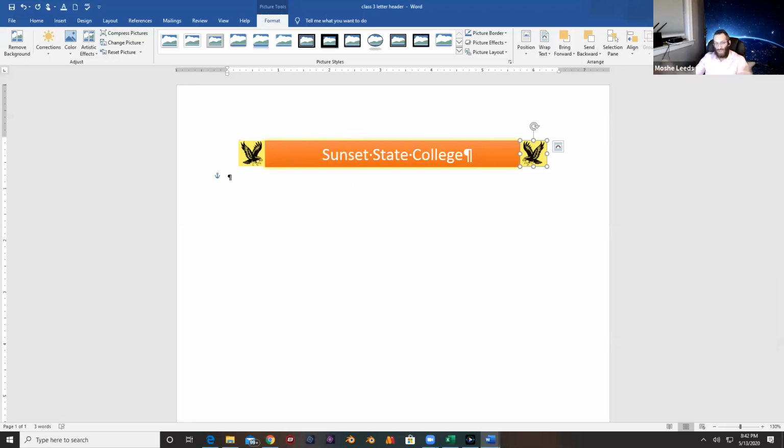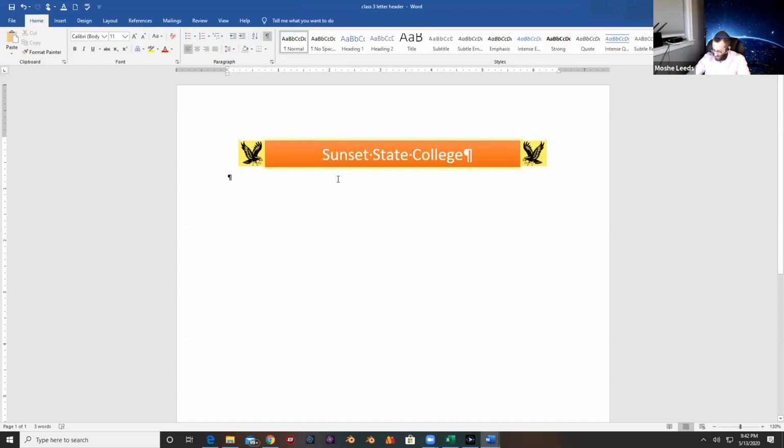Yeah, rotation 180 degrees, it's all the same. So Word has, you could actually type in the degrees that you want, or you could just use their pre-selected, the most popular rotations, which is, you know, on the quarter. Okay, so we will now continue on to the next part, which is now we're going to type in the address and the information about this company that we just made a header for. Okay,